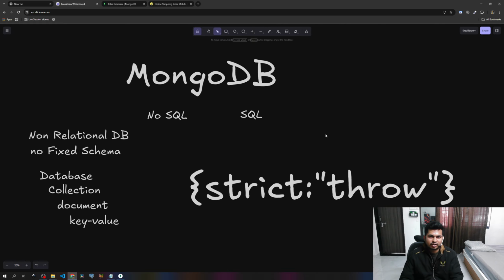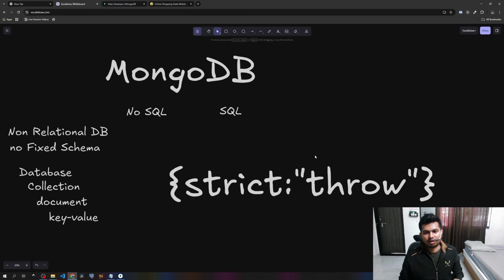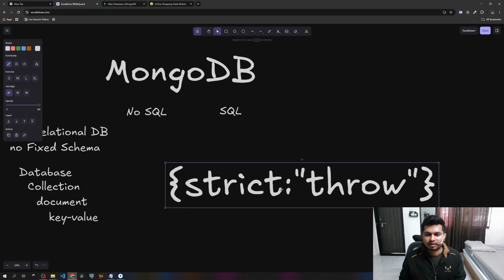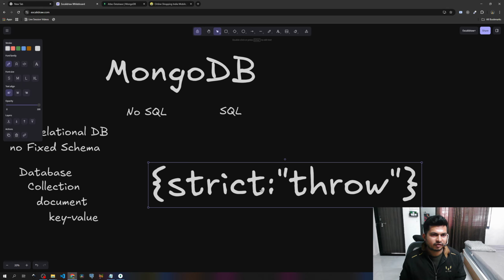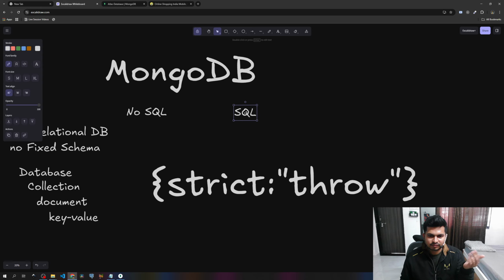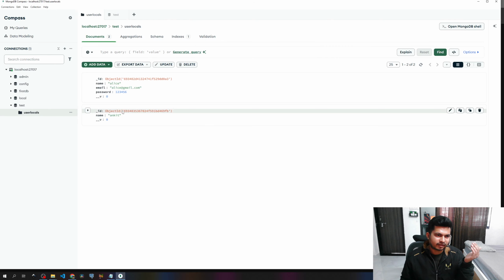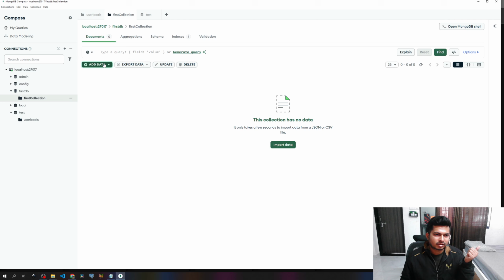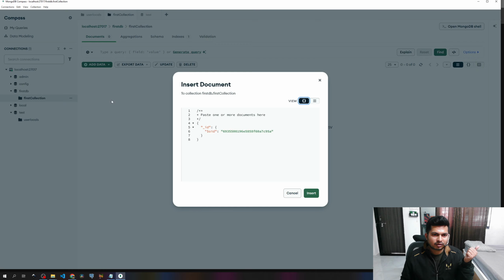If it's async, then we can use try catch to catch the error. It will throw an error if we try to add any other field, similar to SQL. If we try to add any other field, it will throw an error. Here, inside the first collection, if we insert a document and try to add something,